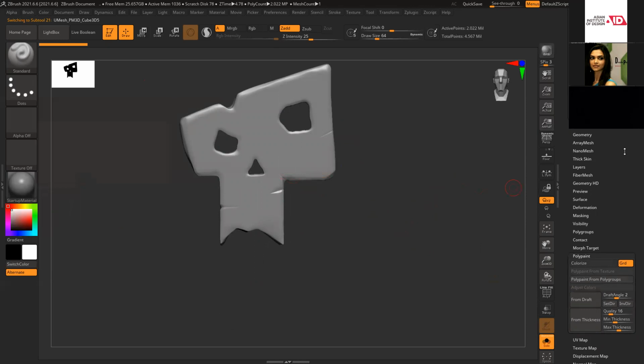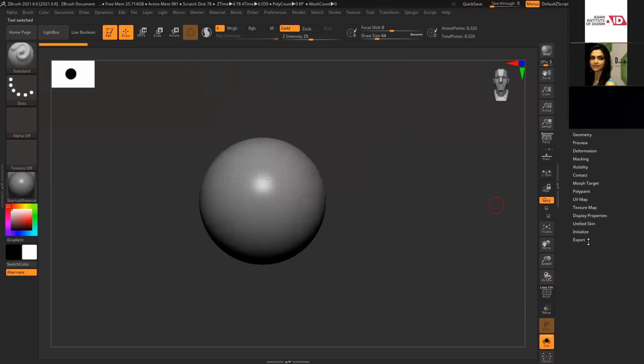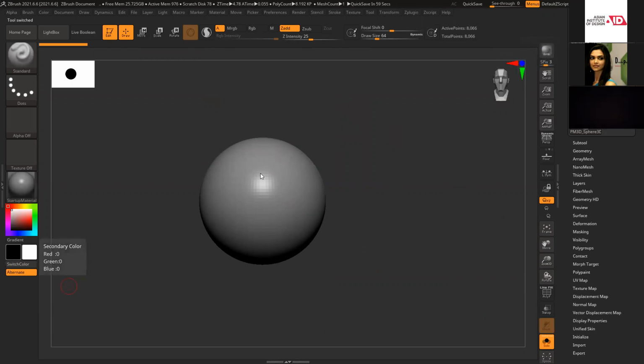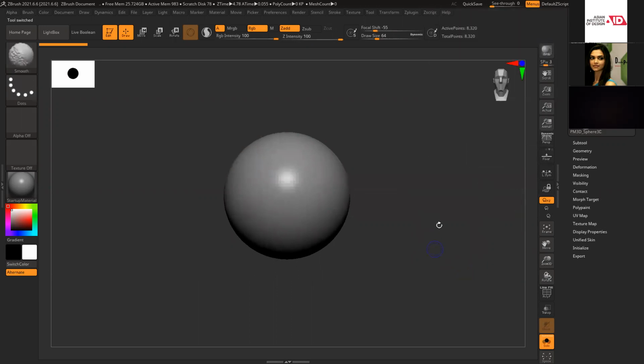Whenever you have a Polymesh 3D, you will have extra options. Let's see, right click, if I take a sphere, you can see the number of options is less. The moment I convert this into a Polymesh 3D, the number of options will increase, giving you extra options to edit. With the sphere, I have fewer options, but I can modify this model within ZBrush, with all these options under modifier.